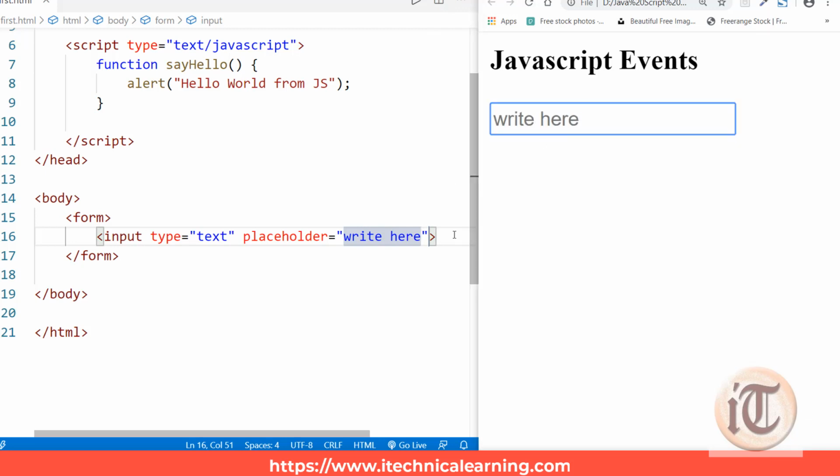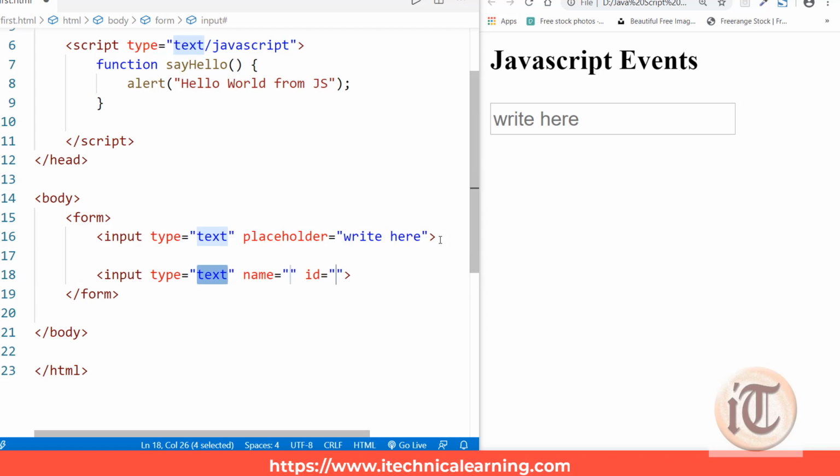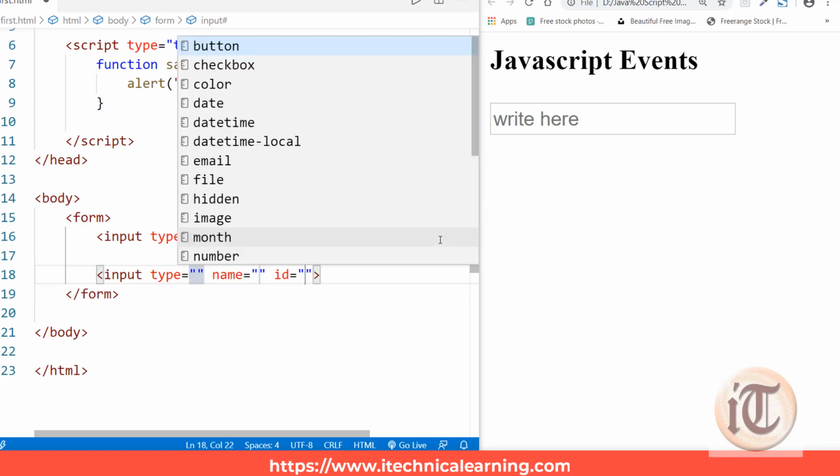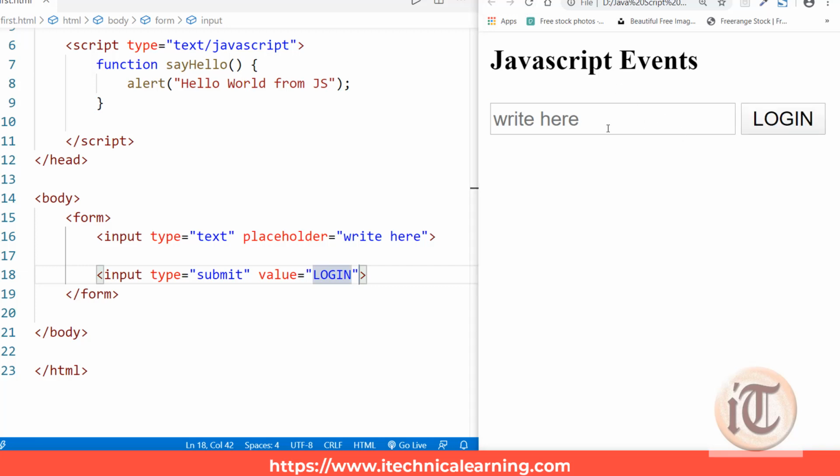At the end of the form I add input type equals submit, with the value login. So we have designed a very basic form that contains a text box and a login button.